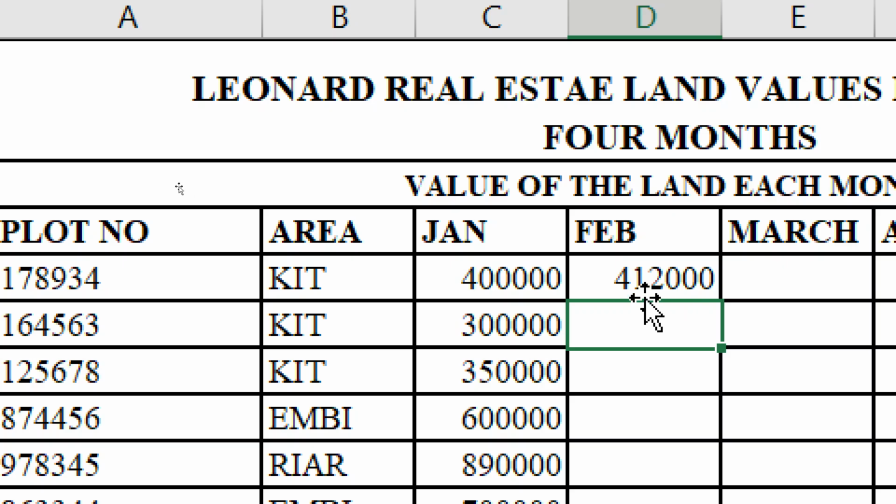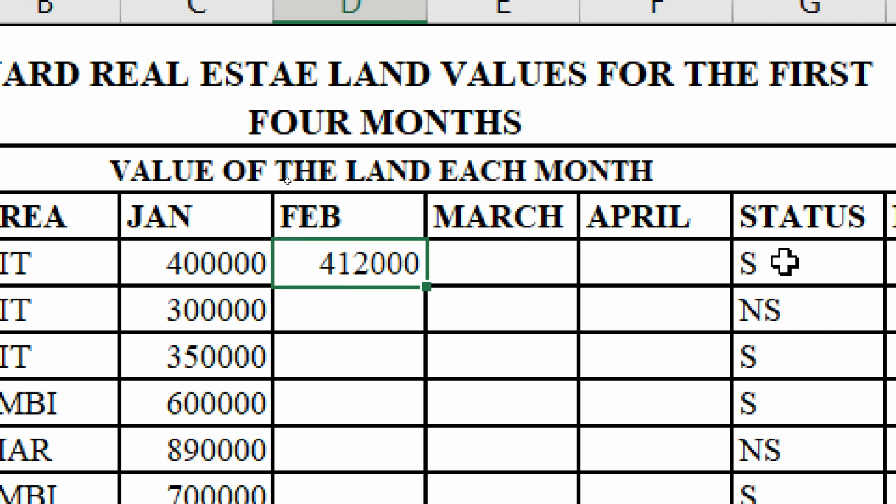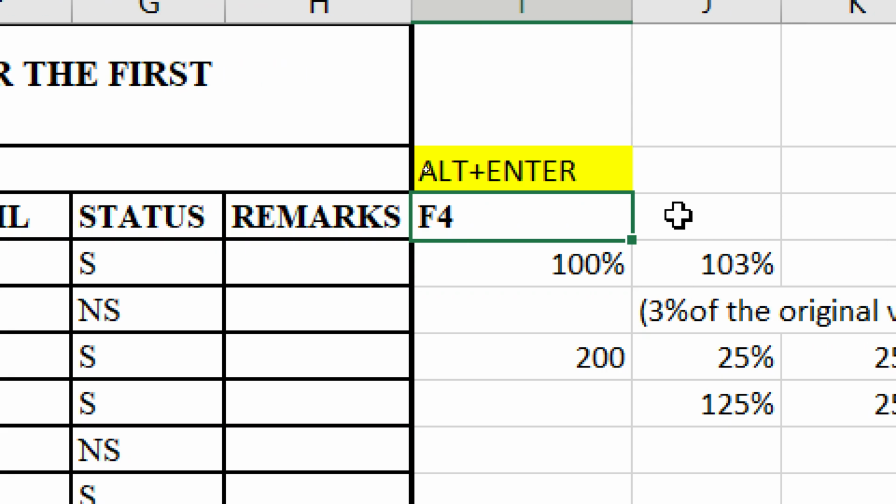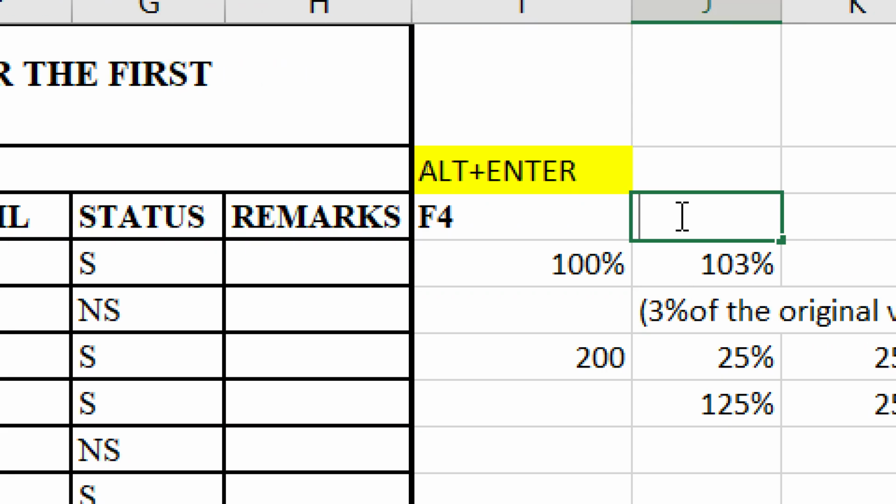So right now, if we do this, you will find the answer becomes 412,000, the way we found with 103% of the original value. Now, there are things here. If you are using your laptop, then you can check for you to press function 4, which is F4. We simply mean F4. If you are using a laptop, then you need to press these buttons. Fn plus,